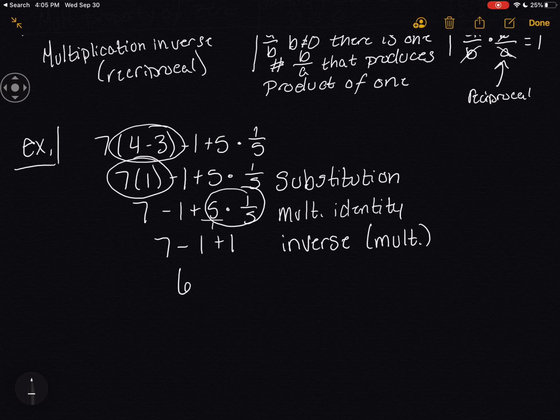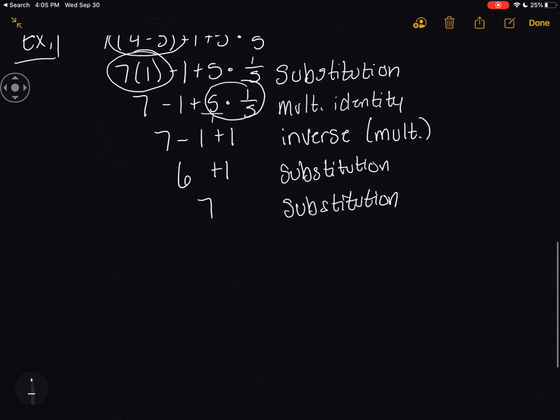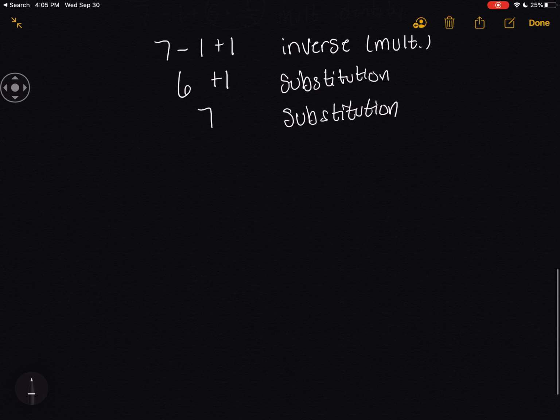Next I have 6 plus 1, and I'm taking 7 minus 1, which would be another example of substitution. And then 6 plus 1 is 7. Again, that is substitution. If you wrote adding or subtracting in those particular cases where it's substitution like that, I would probably accept it because it is a little confusing as to why it's substitution. All right, so there's an example of using some of those